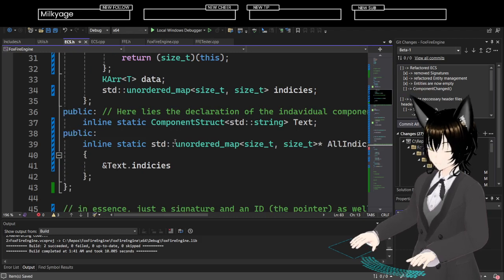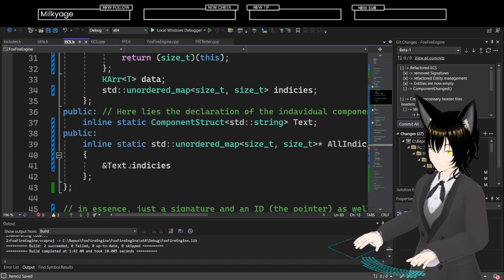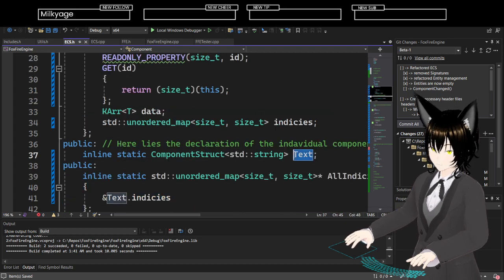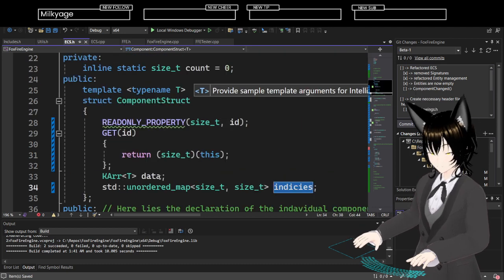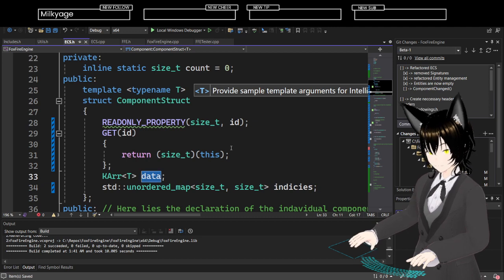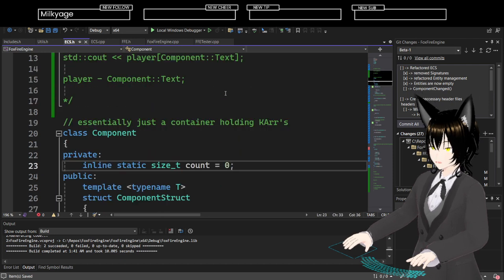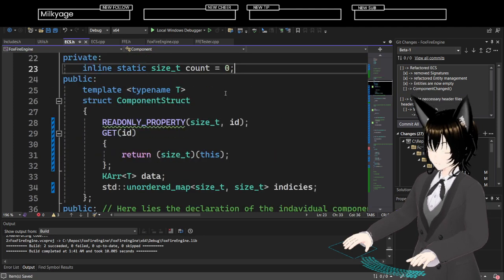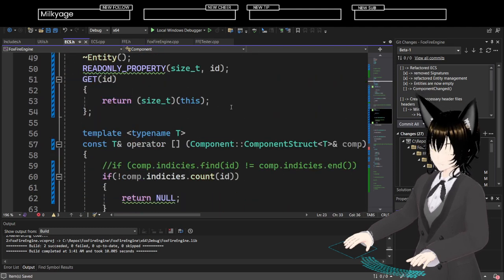But I think that should be fine, because for now this is fine. And this can be an instance. Same thing with this. This can be an instance. Count can just exist, it's fine. It's 4 bytes. No, it's 8 bytes, it's fine. Doesn't need to be anything crazy.